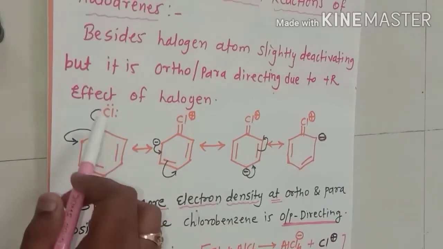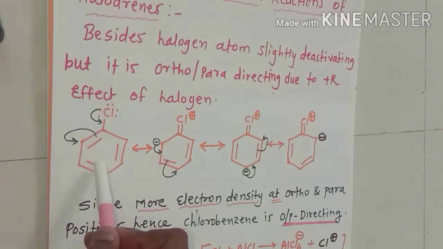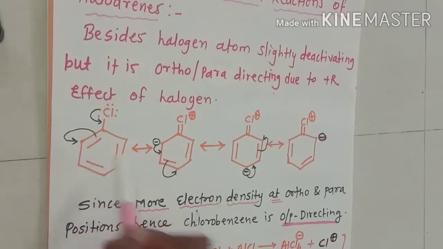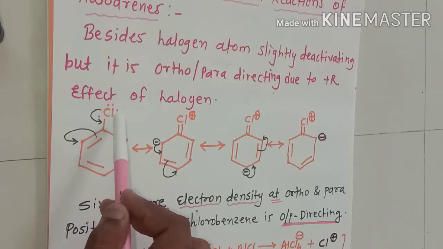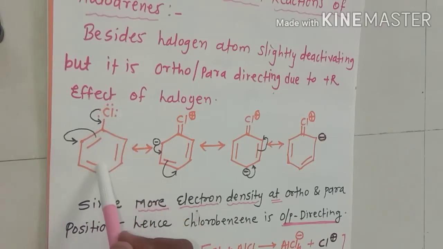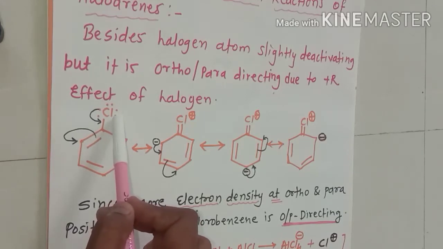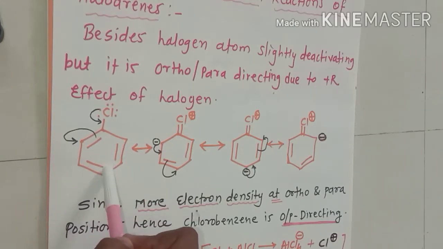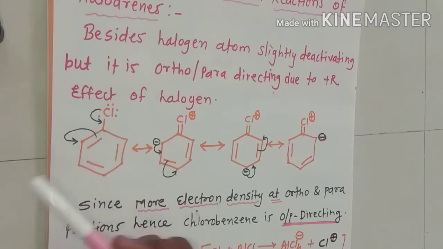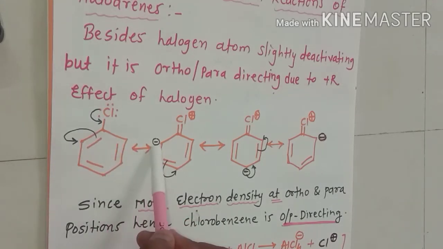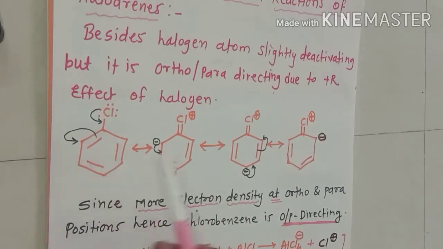But since the lone pair electrons on the halogen are in conjugation with the pi electrons of the benzene ring, there is a plus R effect in the benzene ring. The halogen donates this lone pair of electrons to the benzene ring, due to which it exerts a plus R effect, and due to this plus R effect, the ortho and para positions of the halogen are electron rich,